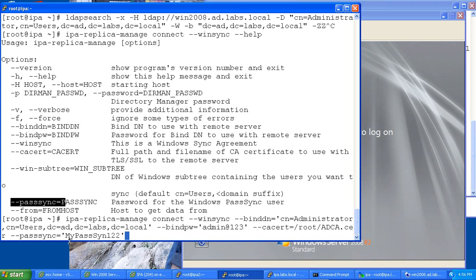So this is the password that will be used by the pass sync application so that it synchronizes the passwords between the Windows and this IPA server, between the 2008 server, the Active Directory server, and the domain controller server of IPA. So what this command is going to do is create a user for pass sync that will be used by the application that we are going to install on Windows to keep the password synced between them. And finally, win